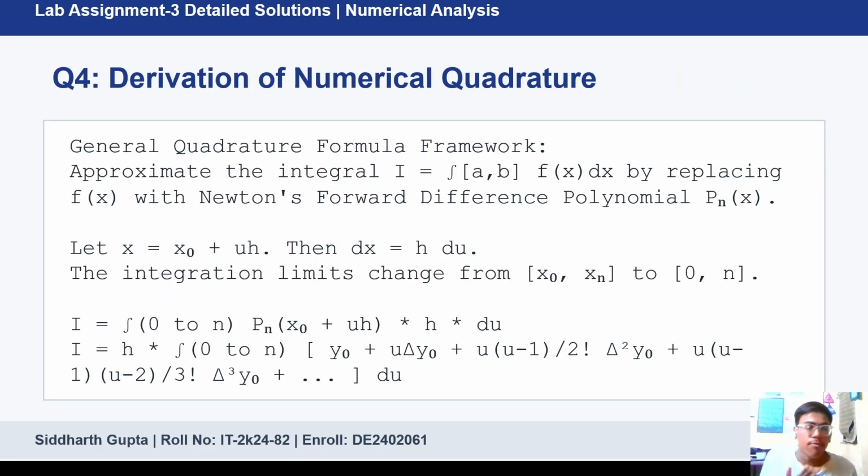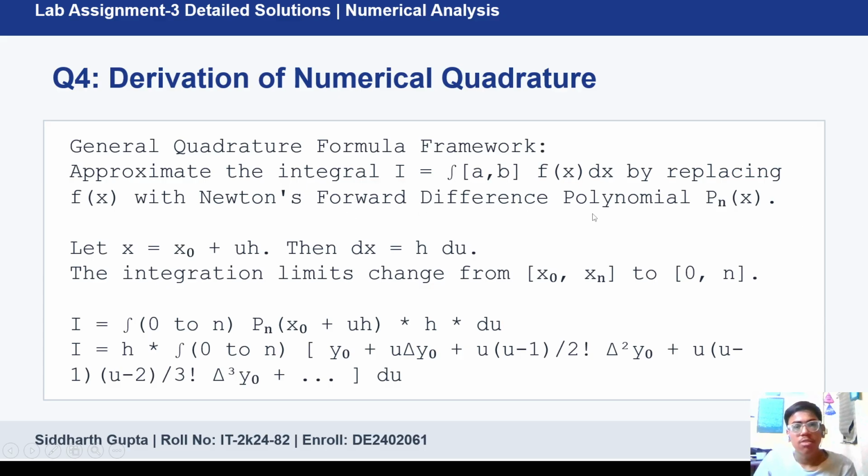Now coming to the fourth question, that is we need to derive Simpson's, trapezoidal, and these all using numerical quadrature, or you can say using the general quadrature formula. So what we will do, for the integral a to b f of x dx, we will